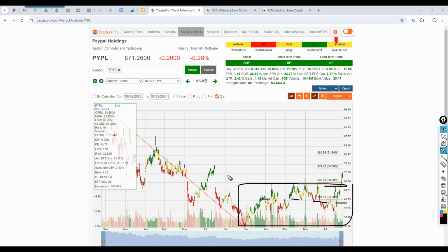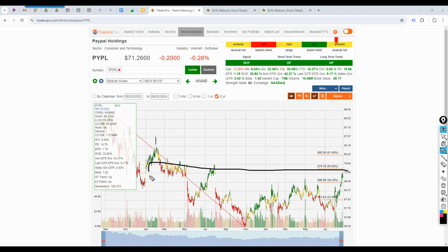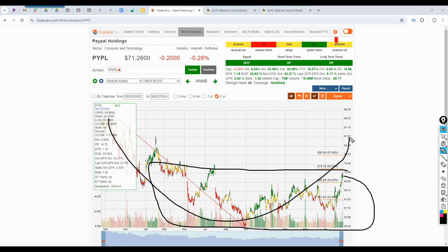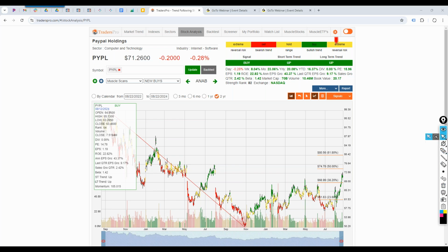What a waste of time to try and figure out if a piece of crap company is going to go higher. The stock price will tell you if there's any value in it, because the traders, big institutions, are going to be buying it up. In this case, all you did is pound your head against the wall for a year trying to get a piece of crap stock to go higher. There's no point in that.